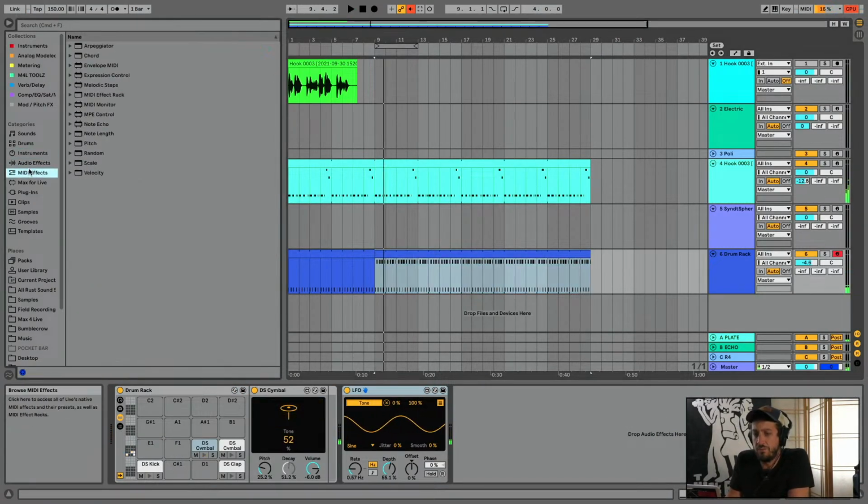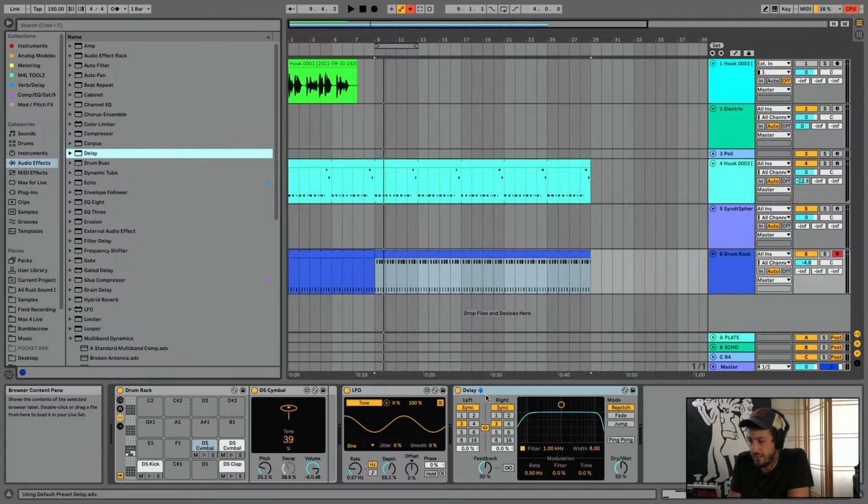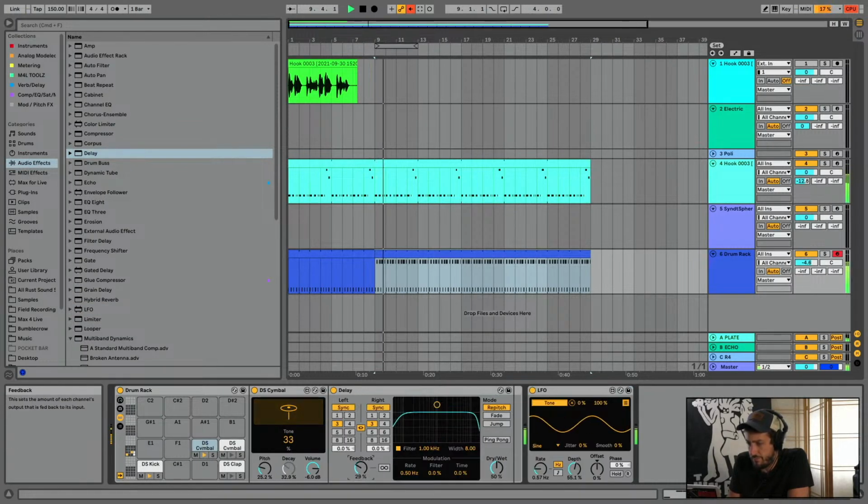More metallic. So to make things really metally, we get out some kind of delay. We're going to use the basic delay. We want to adjust on this cymbal, I think. Desynchronize. Fun.